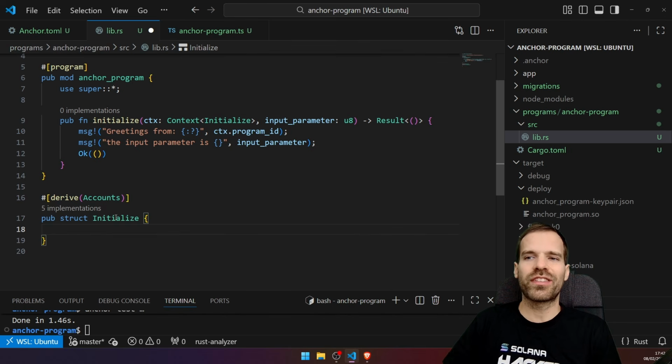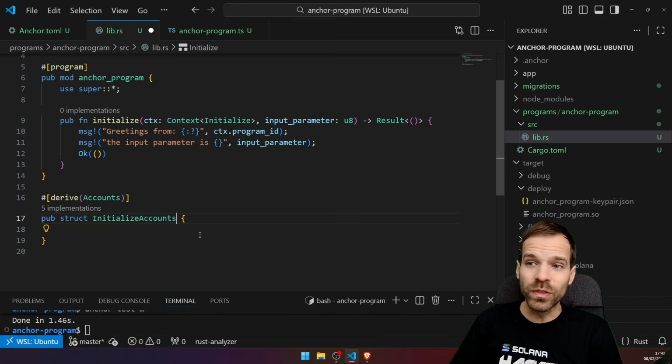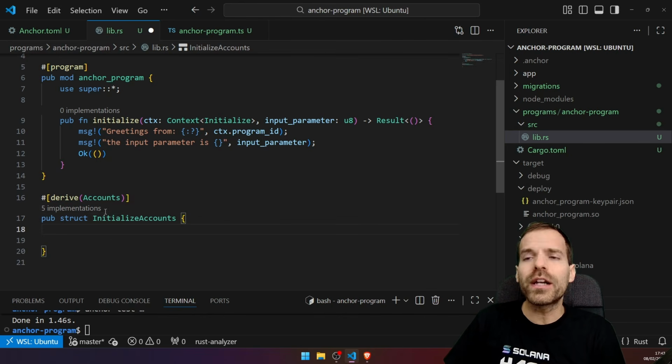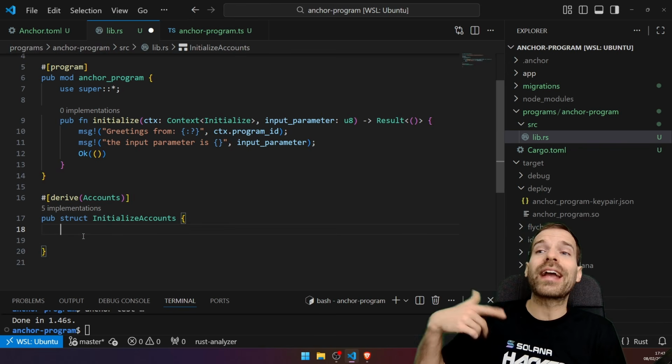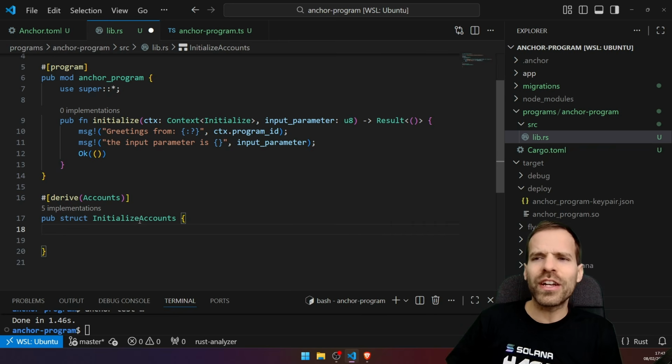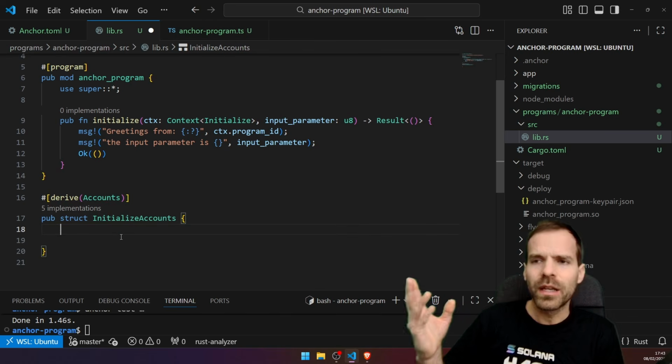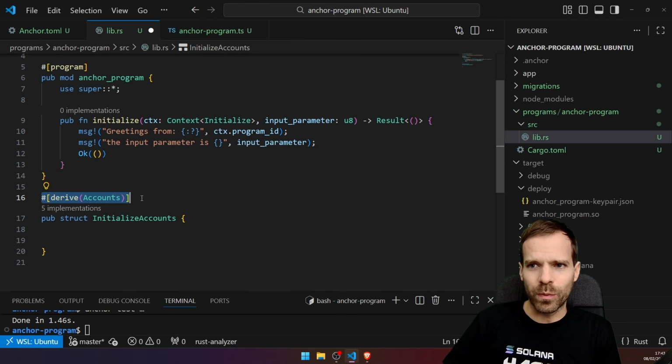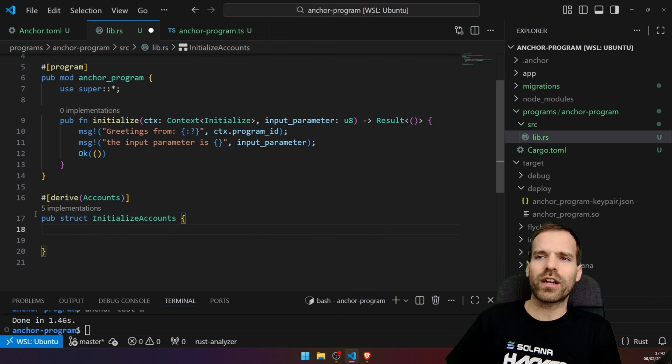And the convention is that you call this struct the same as the function name or the instruction name. Personally, I like to call them the function name plus Accounts. Then for me, it's clear that those are the accounts, because that was confusing me in the beginning. What is this part? Oh, those here are the accounts for this instruction. So I'm gonna call them that. The convention is not to do this, but to make it easier for you to understand, we derive Accounts. So this struct becomes the